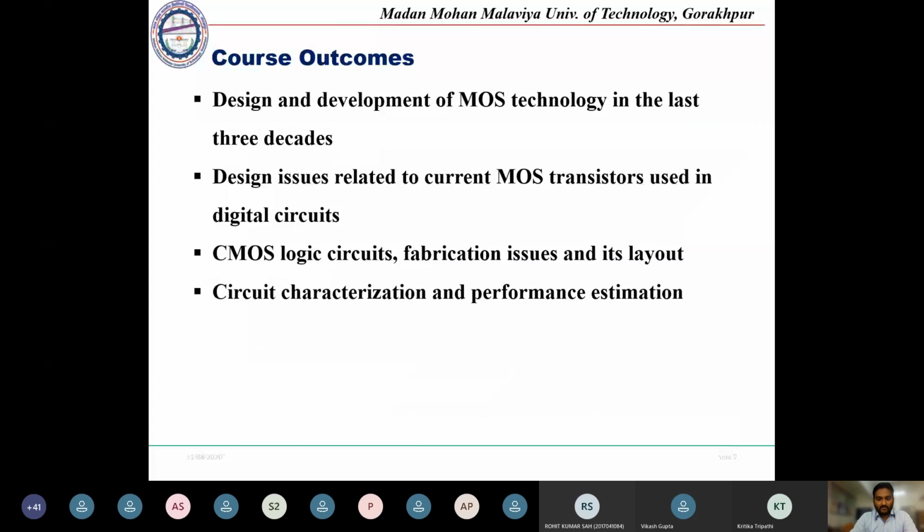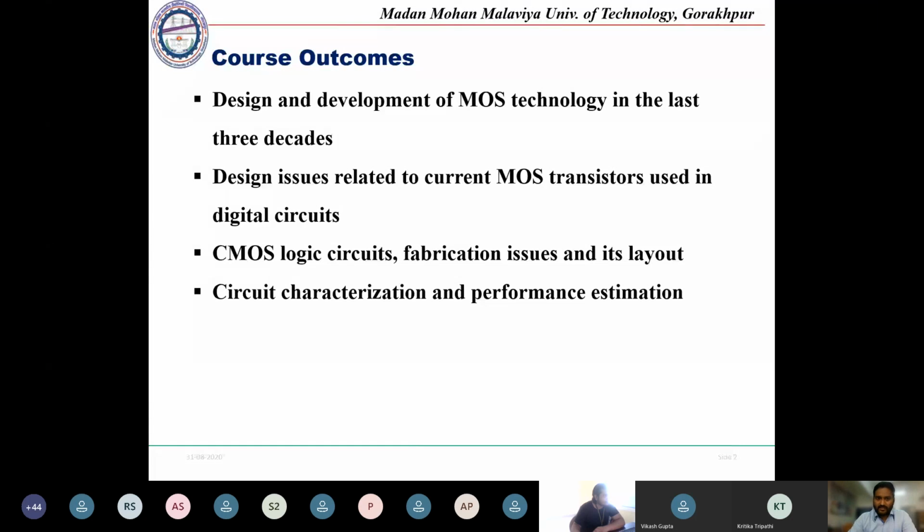First of all, we will move towards what is the motive to study this course, why we are going to study this VLSI design course, and what will be the course outcomes after we have completed the course. After completing the course, what will be our outcomes we will be going through. So at the end of the class, you will be going to get